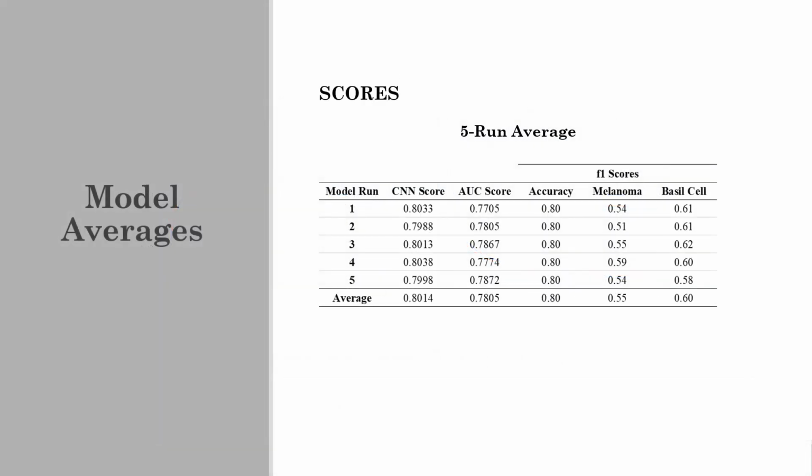Here we're going to look at model averages. This table shows 5 separate Model 4 runs and the averages for the CNN scores, AUX scores, and F1 scores for overall model accuracies, melanoma, and basal cell carcinoma. Although the model accuracy reached 80%, which was the target, an F1 average of 0.55 for melanoma was far from ideal. Most of the problem can be attributed to